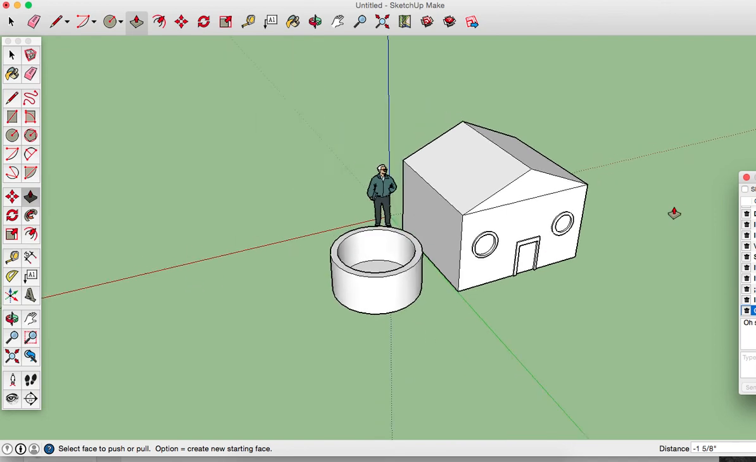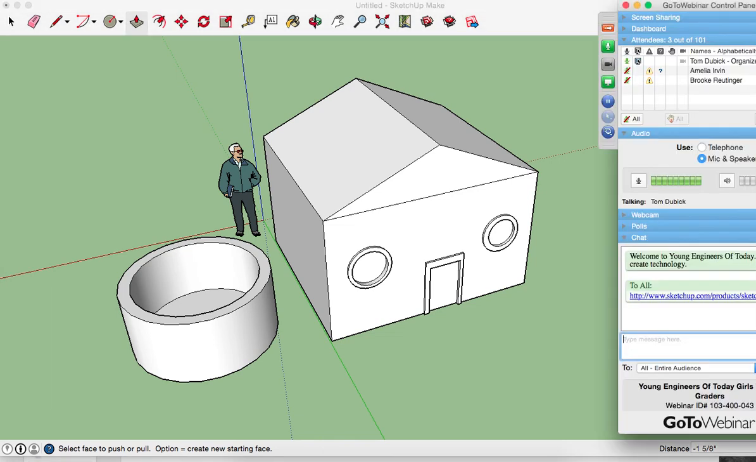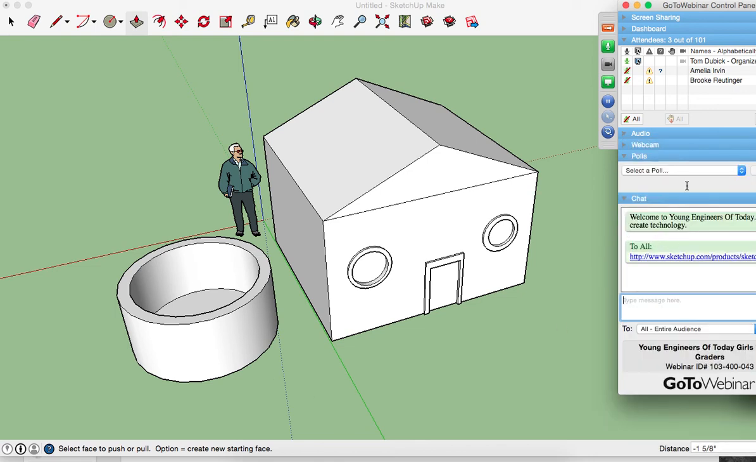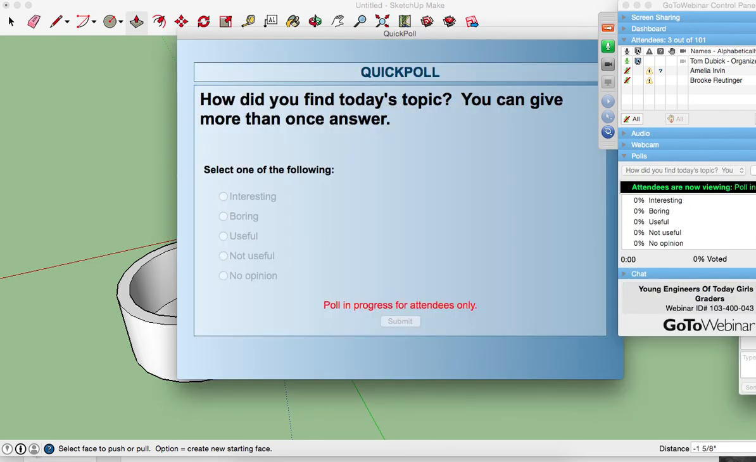Alright ladies, I hope you've enjoyed this start to SketchUp. We're going to be continuing learning a lot more tools, and Mr. Dubik is going to be helping you on Wednesday. At the end here, I know it's just the two of you ladies, but I want to see what you think about SketchUp so far. I know we haven't gotten super far, and we've really been learning just the view tools, but